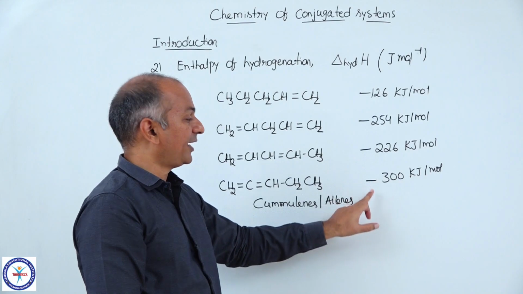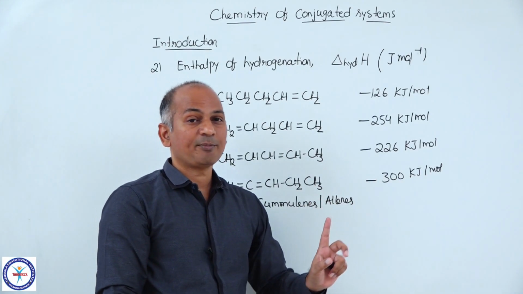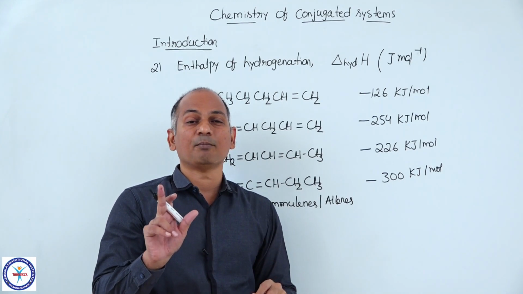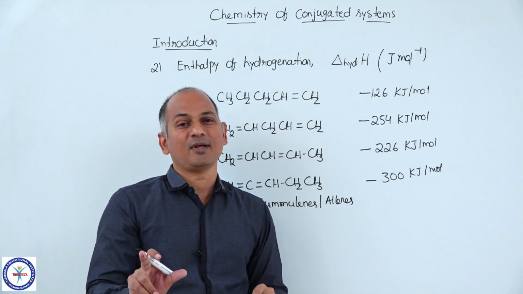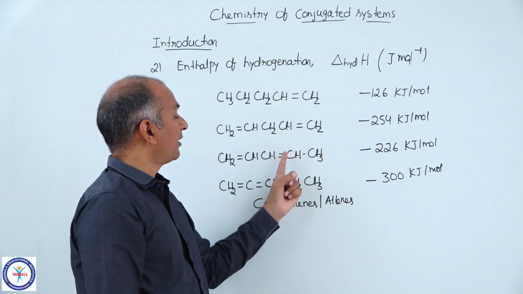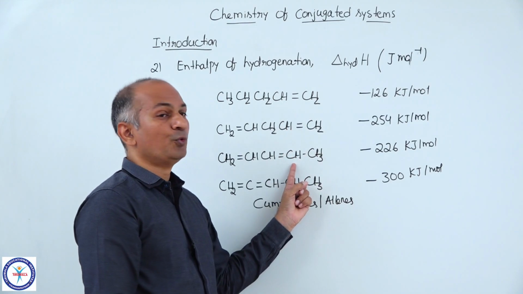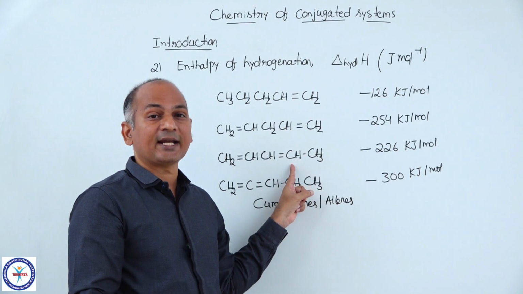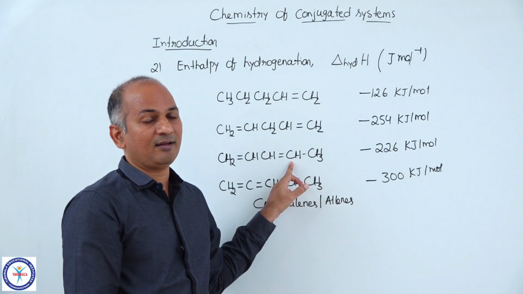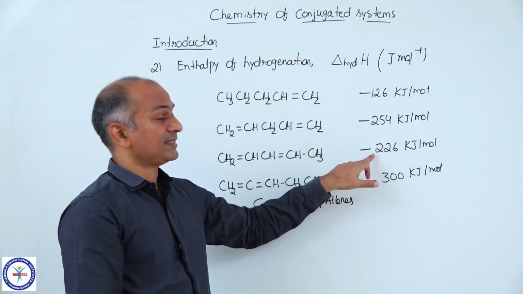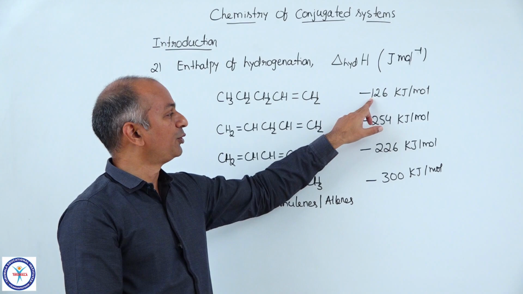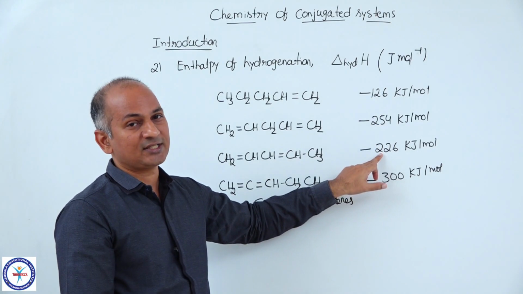So these are the enthalpies of hydrogenation. Let me repeat: enthalpy of hydrogenation by default, by definition, is per mole of the organic compound. So if in the exam the question asks, between 1-pentene and 1,3-pentadiene, whose enthalpy of hydrogenation is greater in magnitude, the answer is obviously 1,3-pentadiene. But it is lesser than twice, and that is because of resonance. The difference between 2 times this value and this value is the resonance energy.